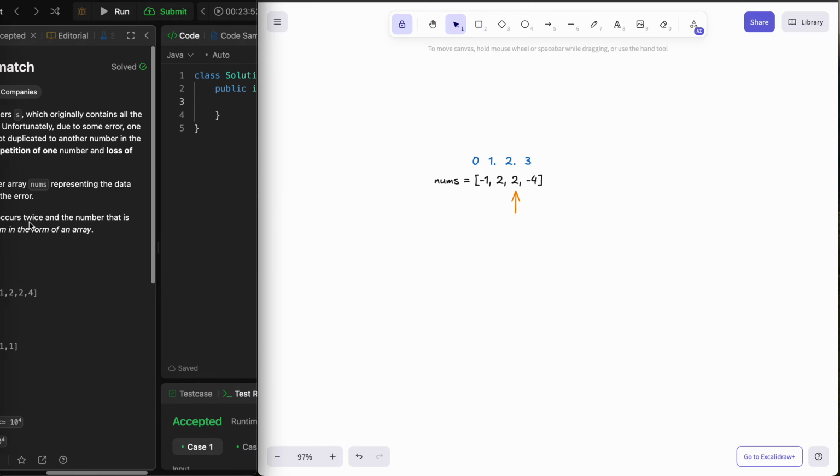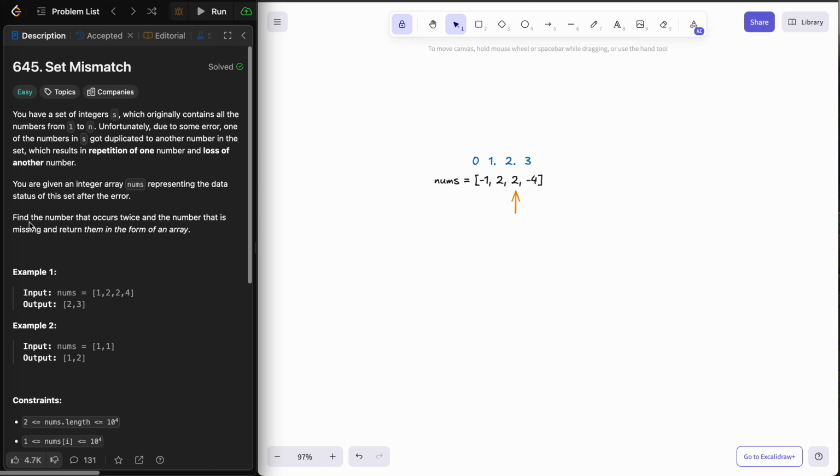And the second one is, as I said, do we need to care about the order? For example, if the first one should be the duplicate number, and the second one is the missing one. In these two examples, we cannot tell, and let's see,